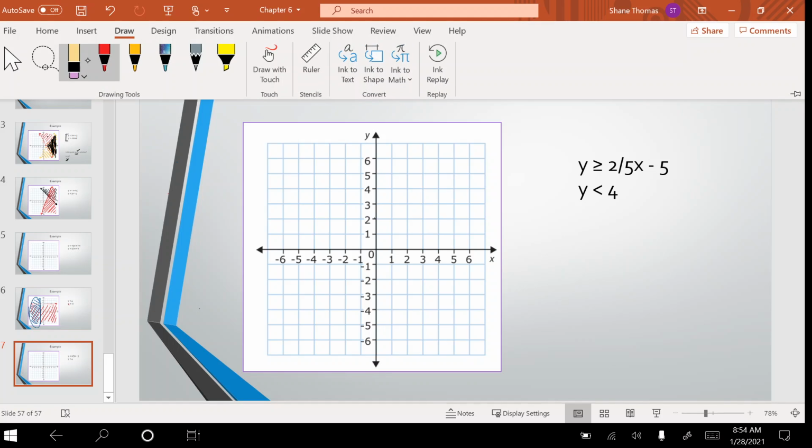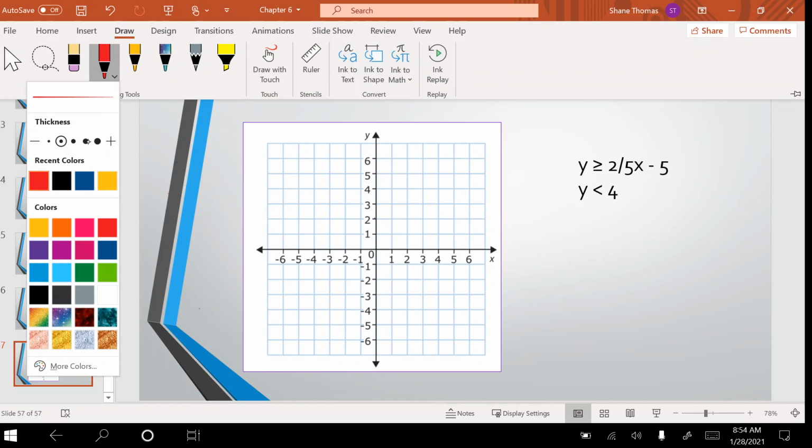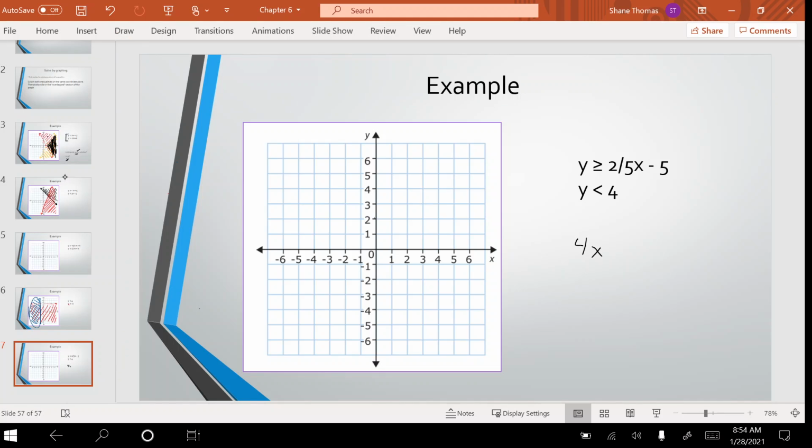So, first one is going to be 4x plus 2y is greater than 6. And then also 3x minus 6y is greater than or equal to